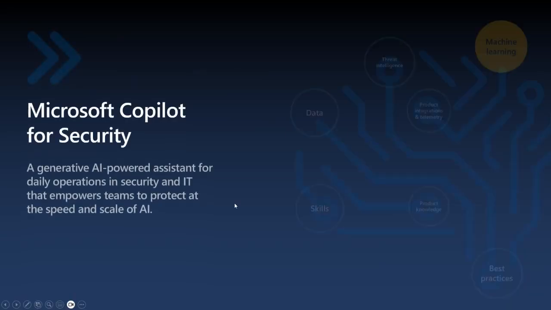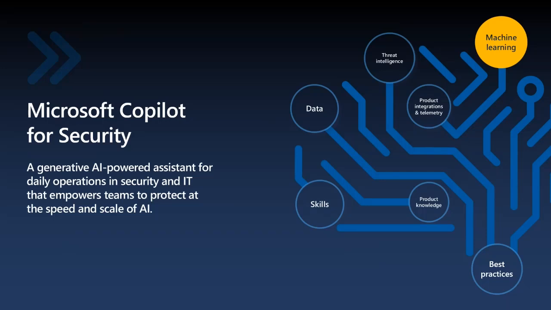So Copilot for Security and Purview is built on top of Microsoft Copilot for Security. For those that aren't familiar with Copilot for Security, it is a generative AI assistant that works across multiple solutions within Microsoft, and can be extended to third parties and OpenAI connections. We're going to focus today on how it is used within the Purview space, but there are other solutions within Defender, Entra, Intune, and others that also work on top of Copilot for